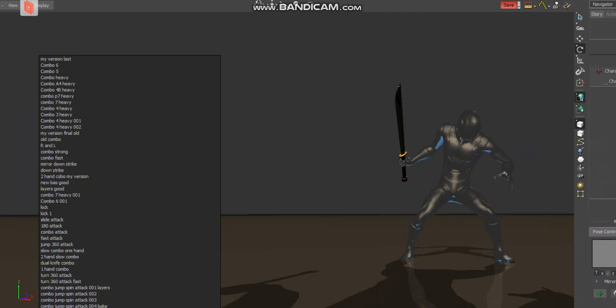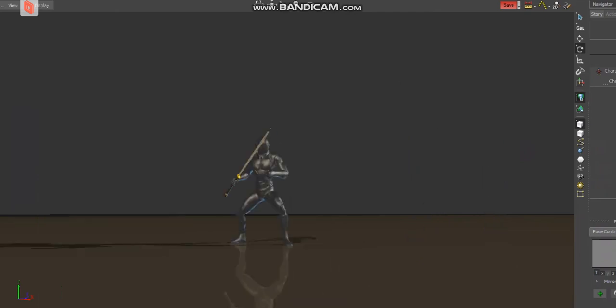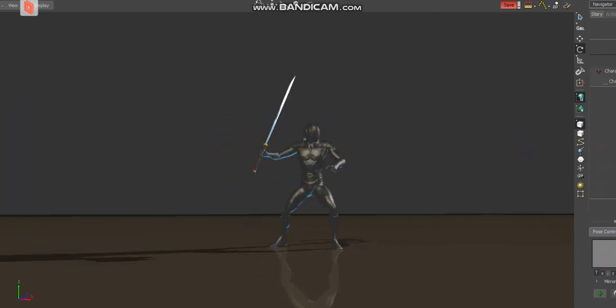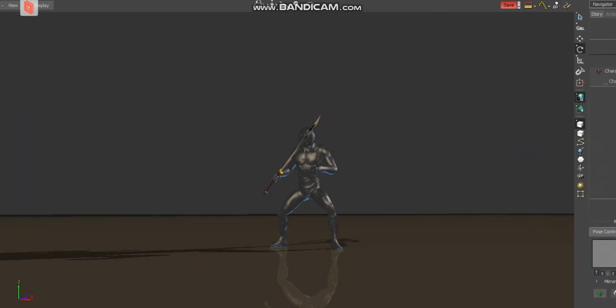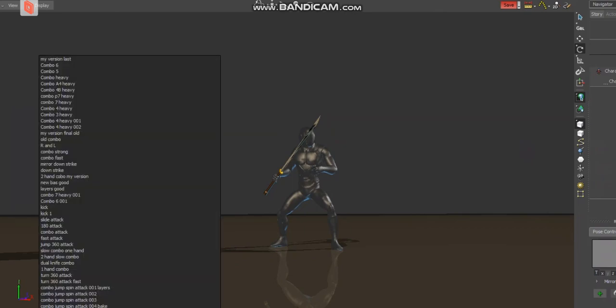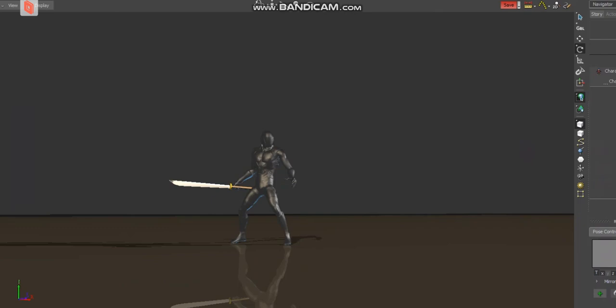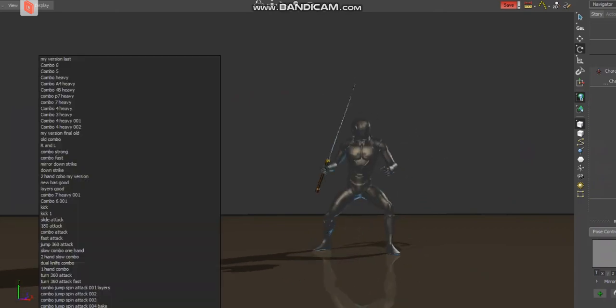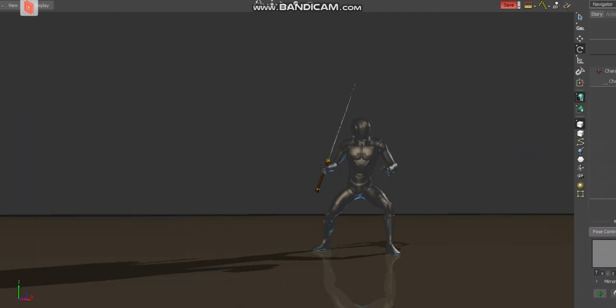The final example is a one-handed mocap that looks like this, and this is very slow and not very stylized. So here I had to go in and find the right tempo, and when I was happy with the tempo and the holds, I then had to tweak all the important poses to get something much more interesting. So this is just a good workflow to save time, and that's important when you're